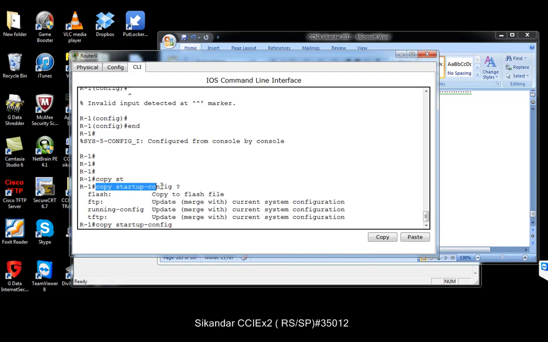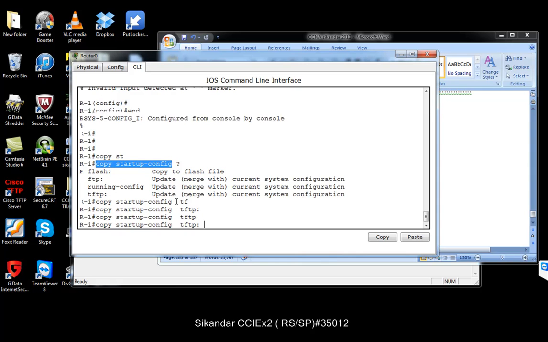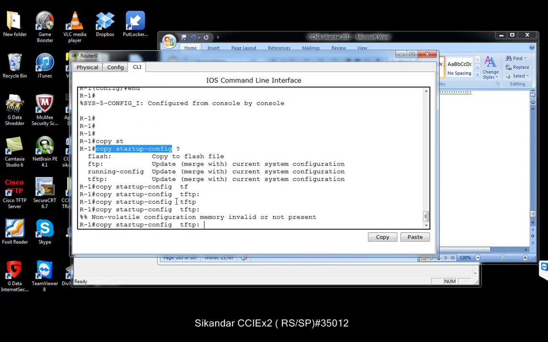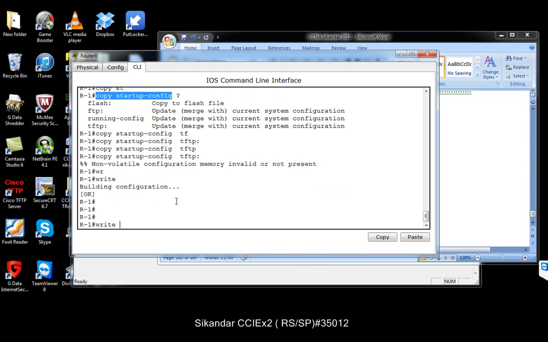So to take the backup, you have to take from startup config, that is your NVRAM, to your TFTP. So I'm going to copy them to TFTP. Sorry, there's no startup configurations because we did not save the configurations. So